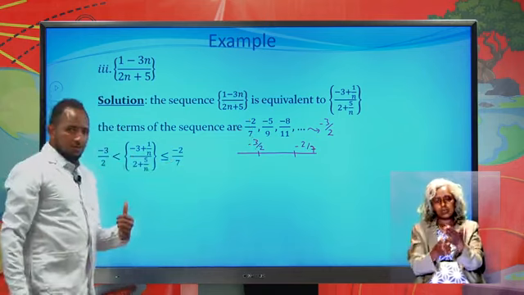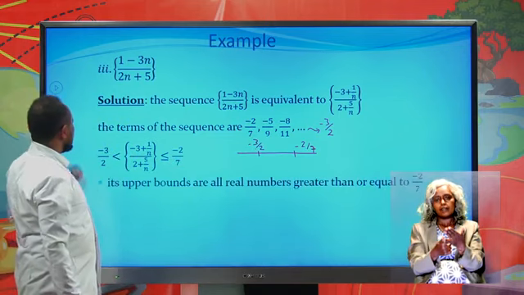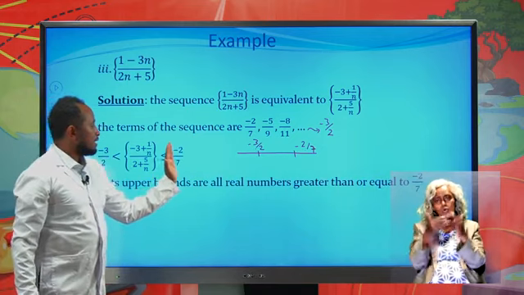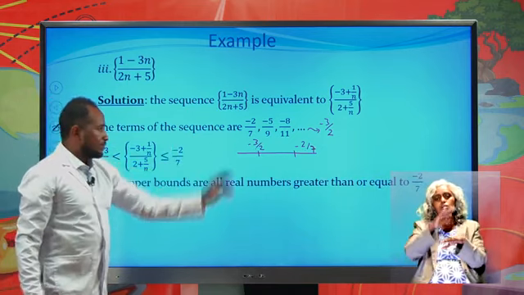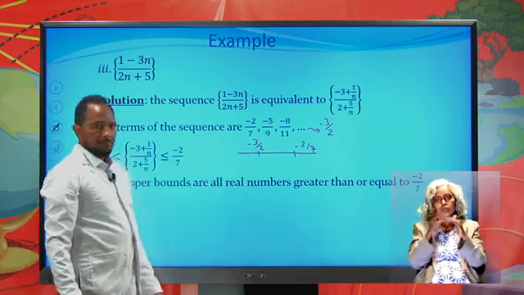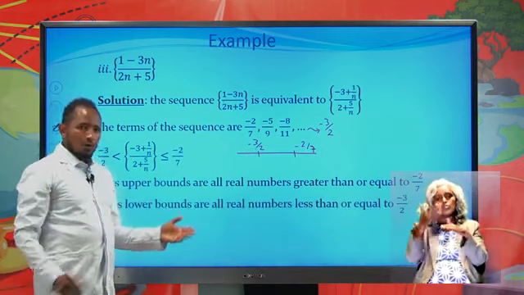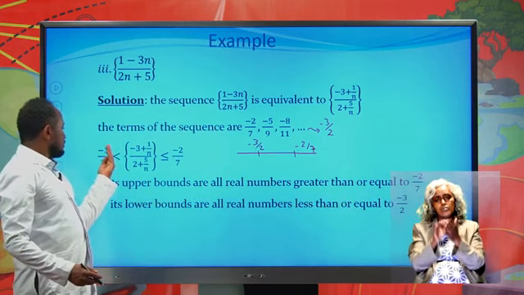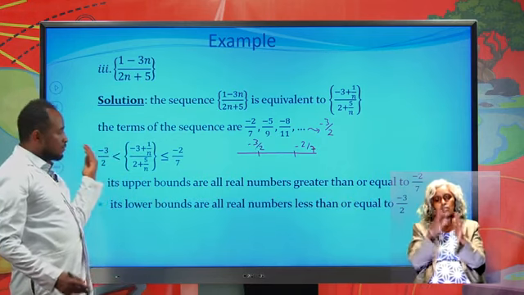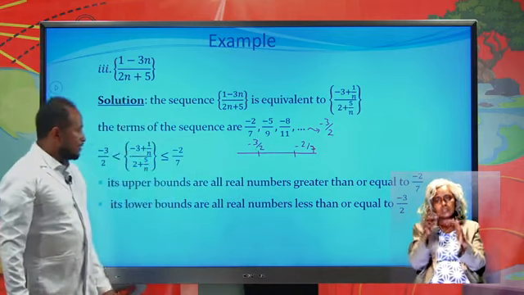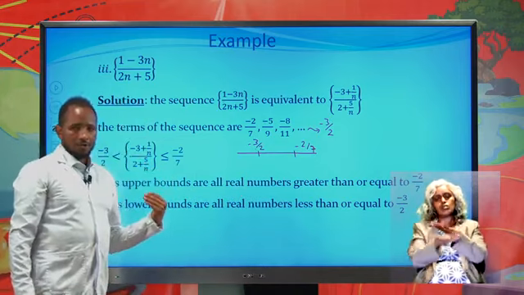Therefore, from this set, you can list the upper bounds. The upper bounds of this sequence are all numbers which are above this one, greater than or equal to negative 2 over 7. And its lower bounds are all real numbers found below this one, including negative 3 over 2. So all numbers less than or equal to negative 3 over 2 are its lower bounds. And